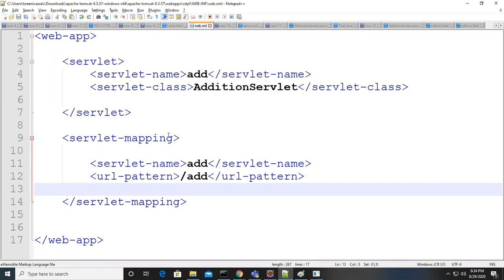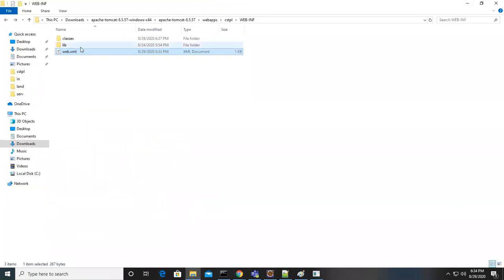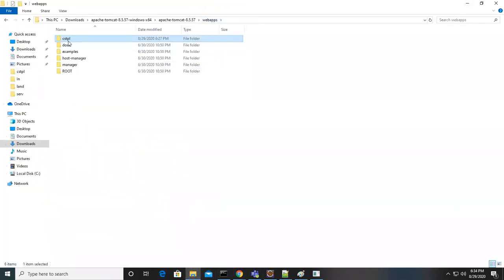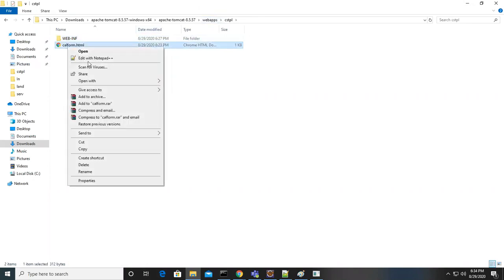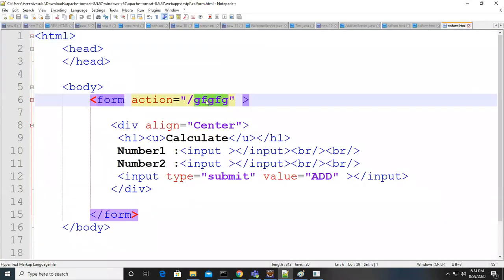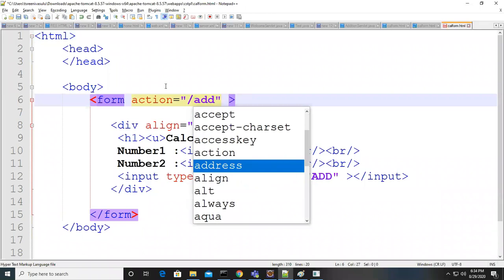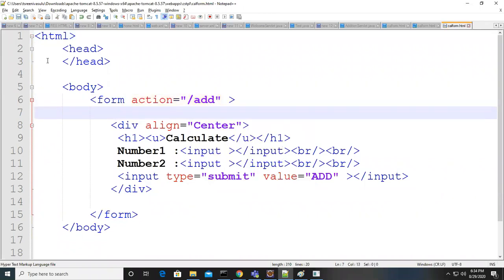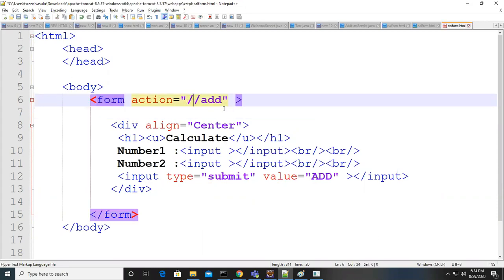So you guys tell me, what is the URL for this? If you go here in the CSTPL under that, so what I do is, you know that, right? Slash, what is that, guys? Add. /add. So you can say here /CSTPL/add. So this is the path. But before that, the IP address and port number are the same, because the resource is already common. This is the URL.